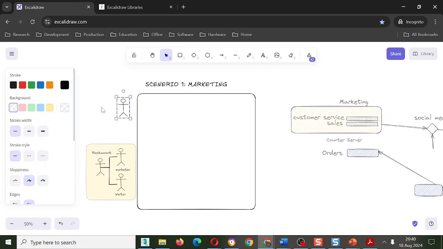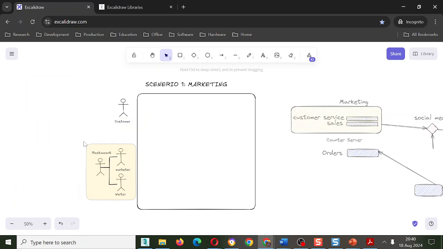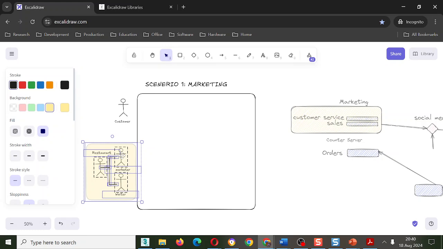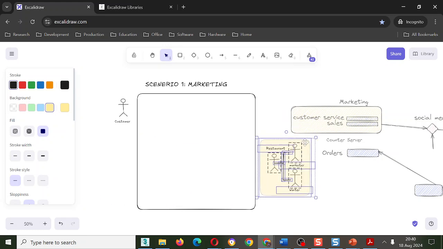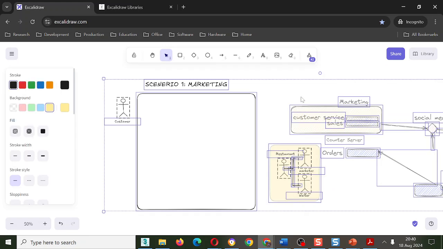Now, there's an actor here. This is the customer. So if you have more than one persona, you do the same thing. You split it up. Otherwise, I'll just call this the customer. And I'm assuming there's only one persona, but you might have more. You need to think because this is critical to the design of the app at this point. Okay, so this is the system now. Now, the restaurant is on the other side. This is the other thing. It's not on this side. The restaurant in these diagrams is on this side. Okay, I just deselect this.